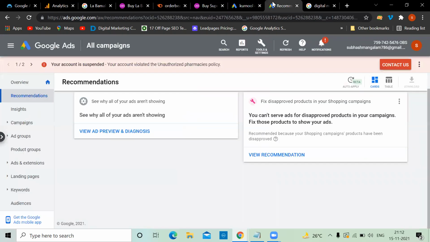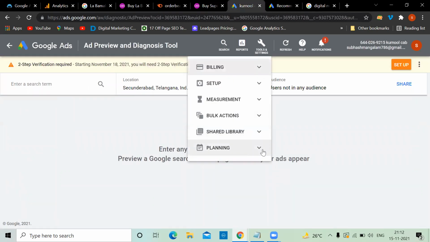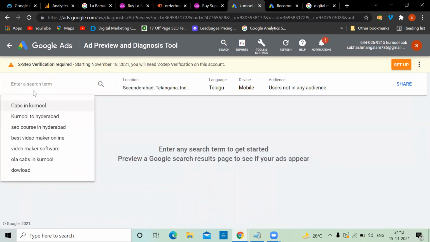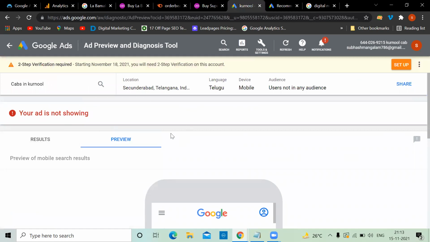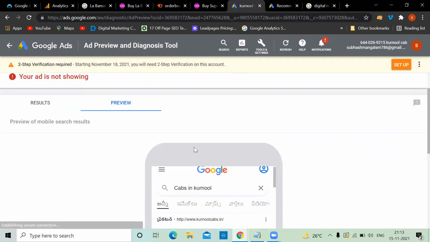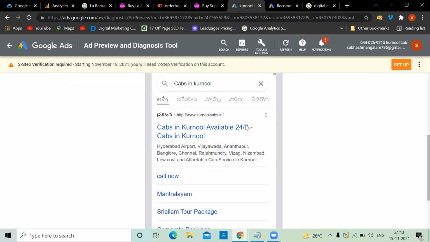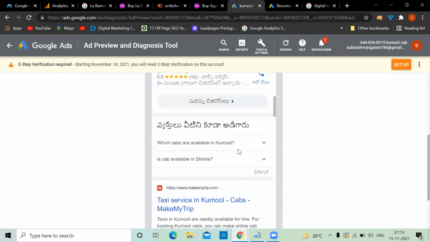That's why, instead of searching here, Google Ads started an option called ad preview and diagnosis under planning. Here, you can search your keyword, and then it will tell you whether your ad is appearing or not. Here, impressions will not be counted. See, you got something like this.